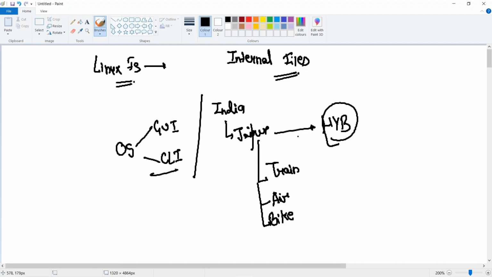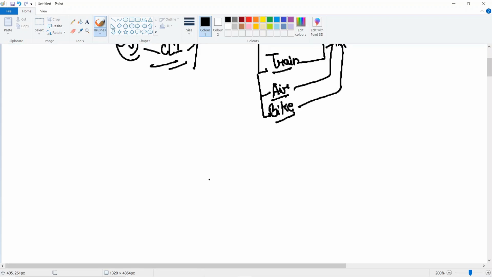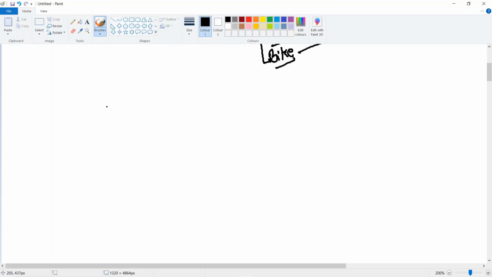Similarly, to interact with the OS there are mainly two ways, but the motto of both of them is to interact with the operating system, or to run an application by connecting to the operating system. Here the ways are different, but the motto is the same, to reach Hyderabad. It does not depend on which medium you are using to reach Hyderabad. Similarly, GUI is the way in which we can use the mouse, but in the last video I also showed you one example of GUI versus CLI,